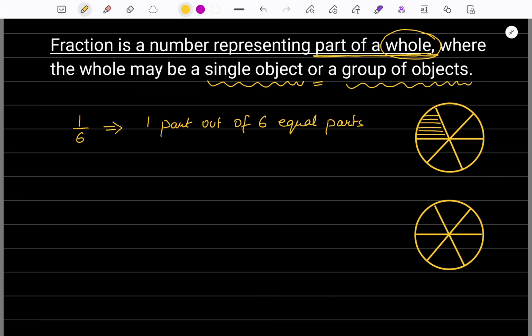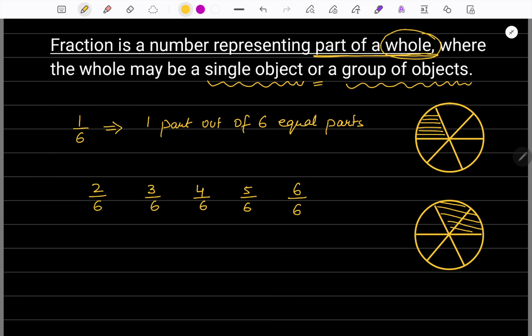Imagine a situation where we are distributing different slices among children and a child comes up and takes 2 slices. So the share that the child is getting can be written as 2 parts out of 6 equal parts. Similarly, if the child gets 3, then it can be 3 by 6. 4, it can be written as 4 by 6. 5, then it will be 5 by 6. And if a child takes up 6 slices of pizza, then the numerator becomes 6. And how many slices did we have from a single pizza? We had 6 slices in total, 6 equal parts.